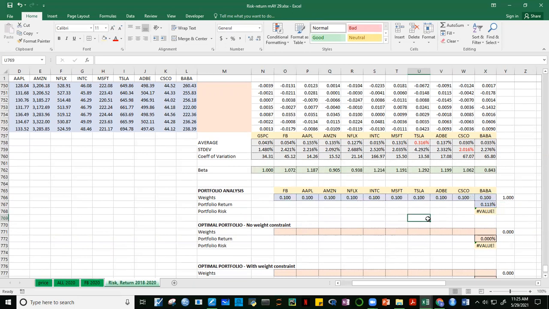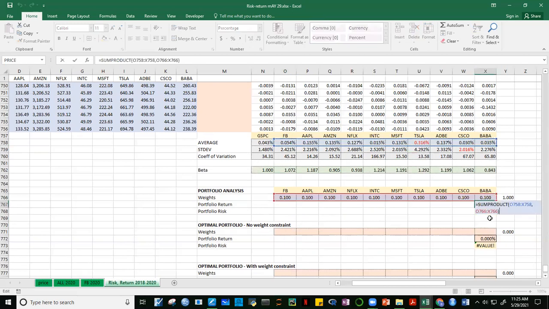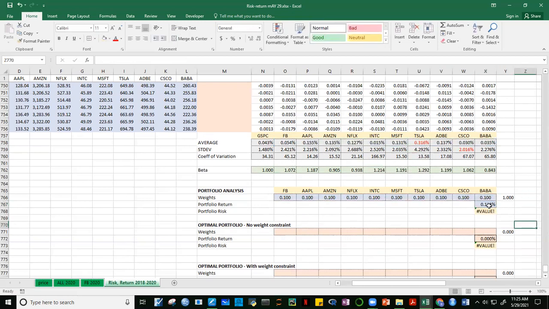With that, kung alam natin yung weights guys, at saka kung alam natin yung returns ng assets natin, we can compute for the portfolio return. Yung portfolio return is simply the weight of the asset times the return. No? So, individually, i-multiply natin yan, then i-add up natin. Kasi yun ang 100% natin. And the shortcut there is the sum product. No? So, dito sinum product natin, yung returns at saka yung weights. Ang gagawin ni Excel dyan, i-multiply niya bawat isa, tapos i-add back niya. Okay? So what happened here was,